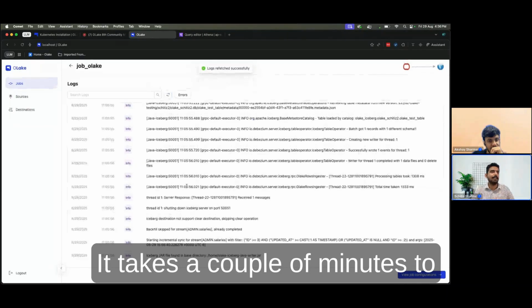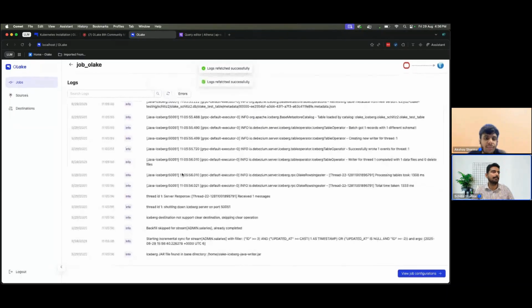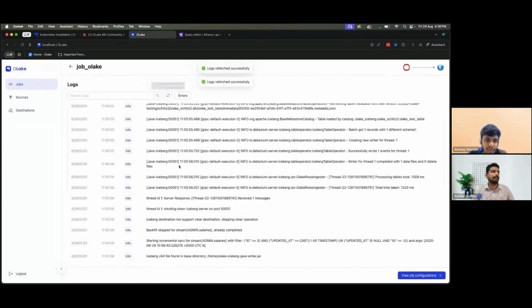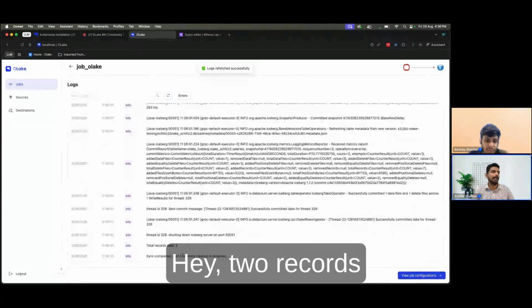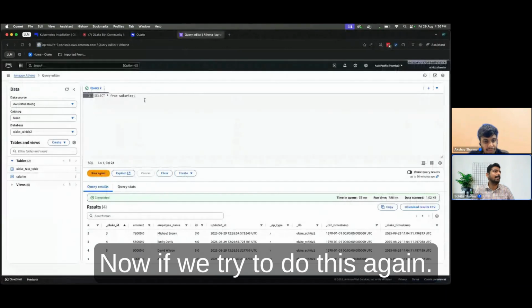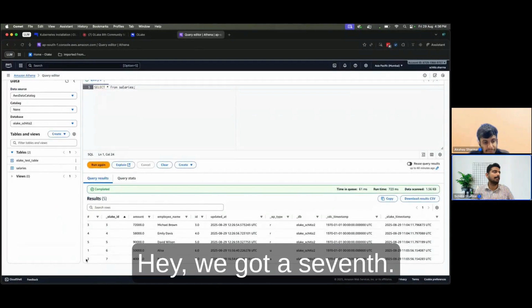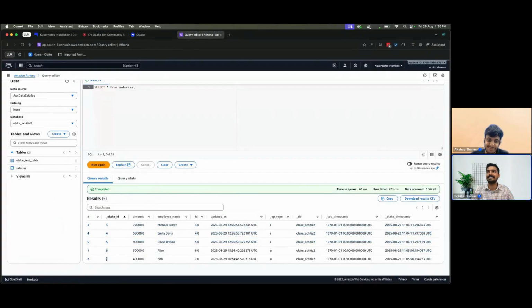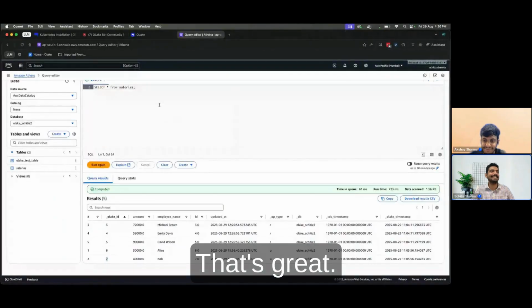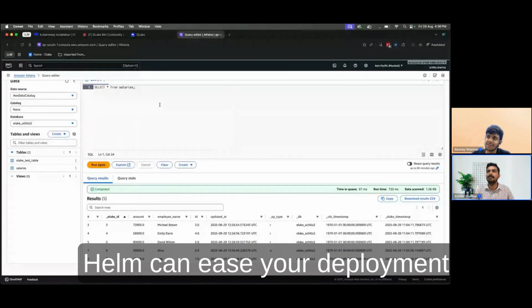It takes a couple of minutes to get everything up and running. Okay, hey, two records have been read. One is obviously the test one. Now, if we try to do this again, hey, we got our seventh. That's great. So this is a little bit of introduction of how Helm can ease your deployment of the OLake stack